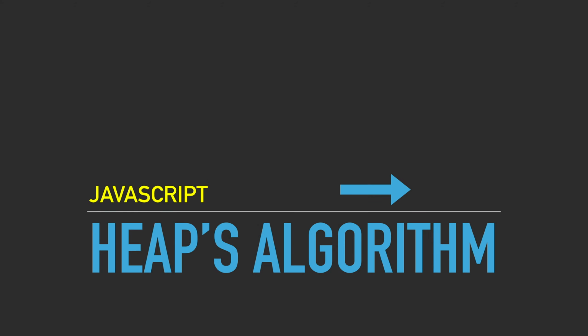Hey guys, in this video we will implement an algorithm called Heap's algorithm in JavaScript. This is an algorithm that gives you all the permutations of any given collection of elements. Now if you're not mathematically inclined and didn't understand a word of what I just said, that's fine, as in this video we will go over all the mathematical concepts we need first before we tackle this behemoth of